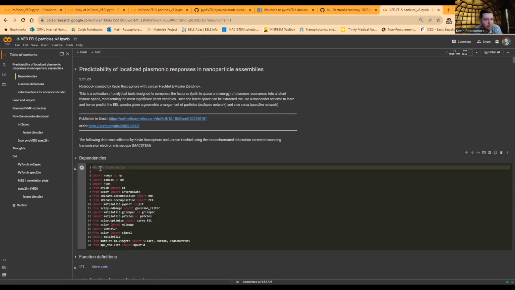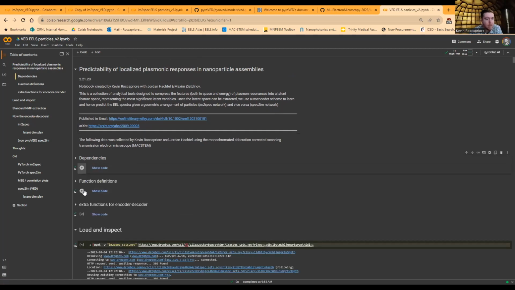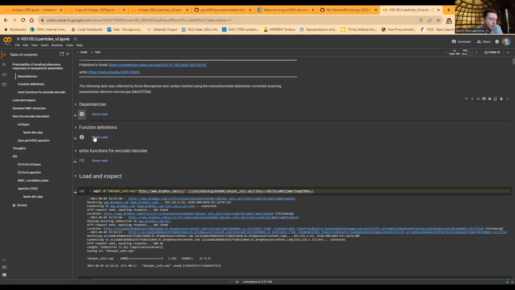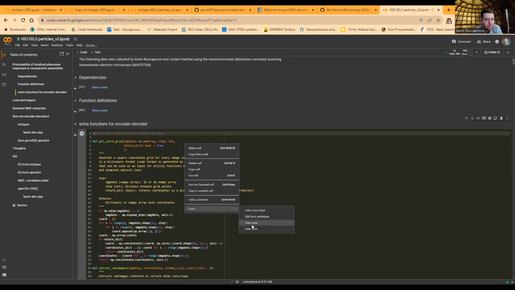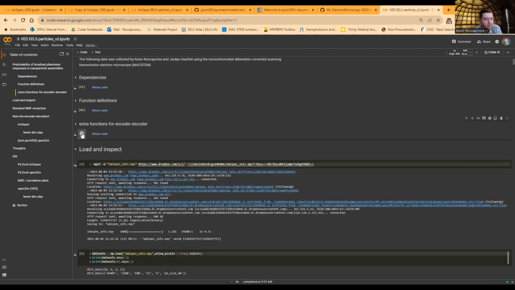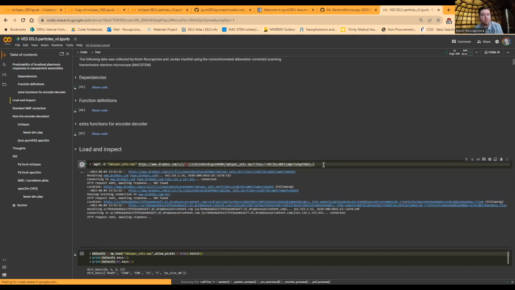There are some dependencies, which are straightforward: NumPy and sklearn, things like that. Some function definitions, which are really for processing the EELS data. And then the actual functions for the encoder and decoder. You might be interested to look at that later, but for the sake of time, I'll save that for now. And so if we run this cell, we were just downloading,